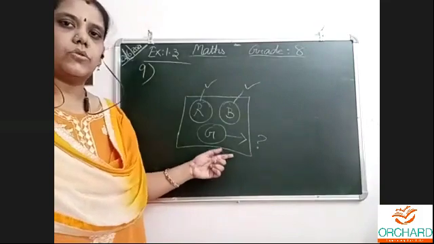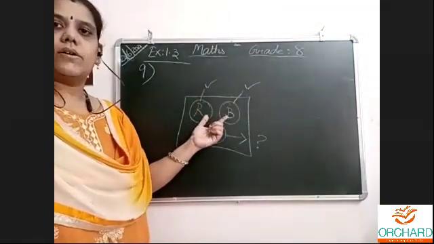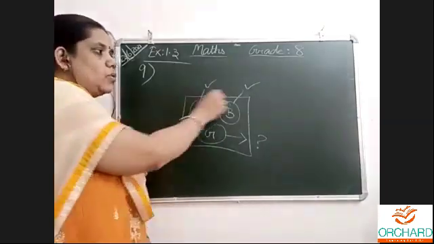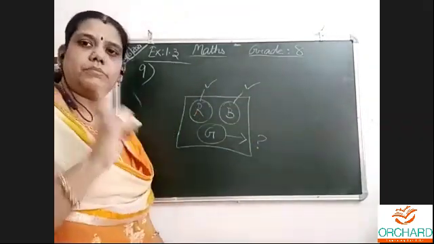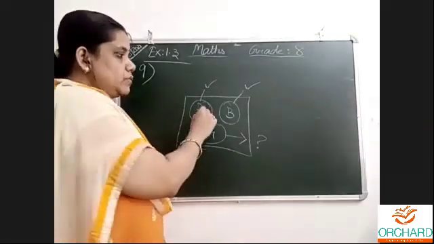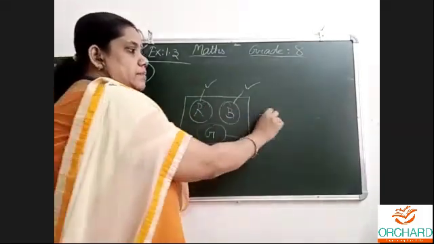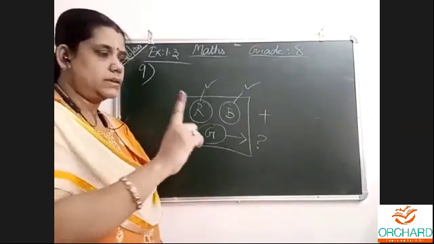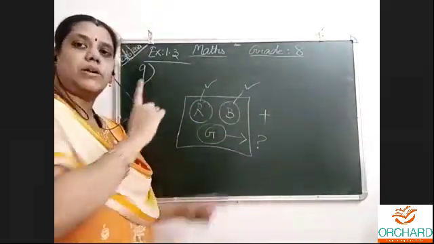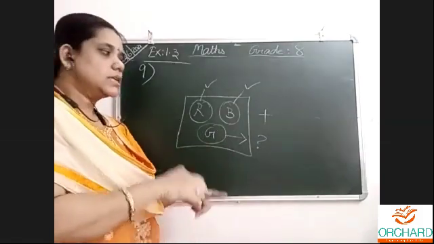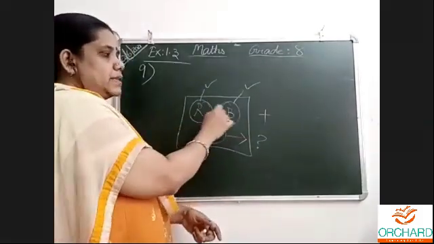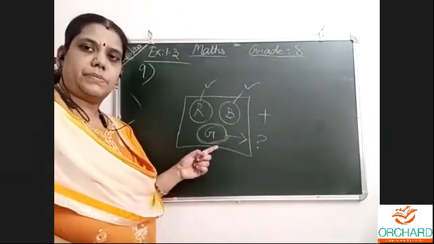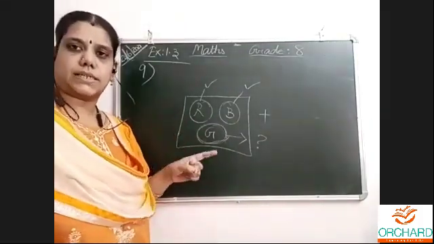So what we have to do? We have to do the totaling of this red and blue, and we have to subtract from the whole. Whole means one box. So we first do this totaling by adding, then we subtract from 1. Why 1? Because one box of marbles contains everything. So from 1, when we subtract this, we will get the green marbles. That is question number 1 which is asked.